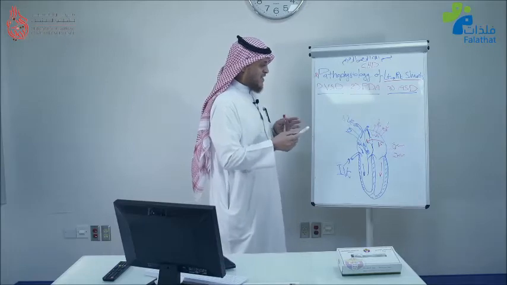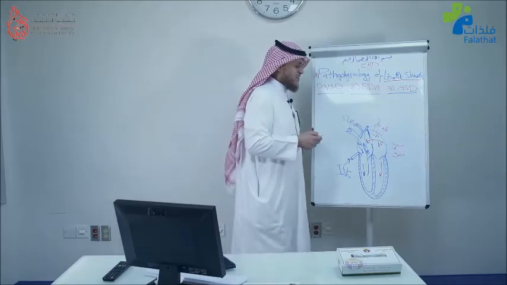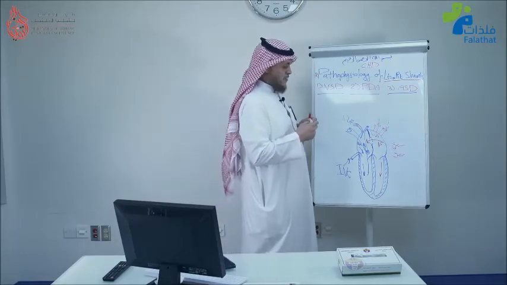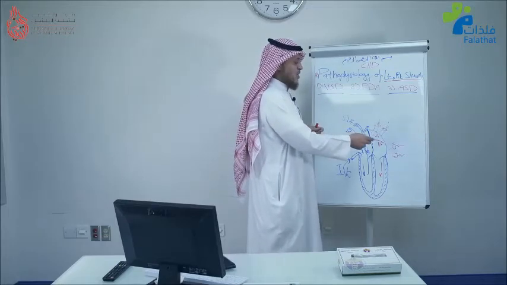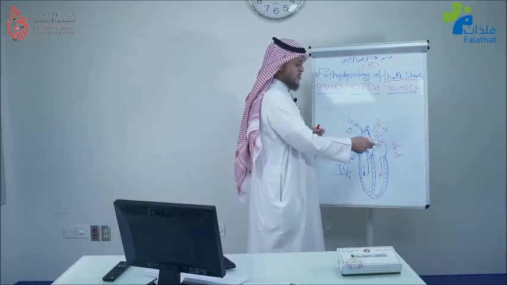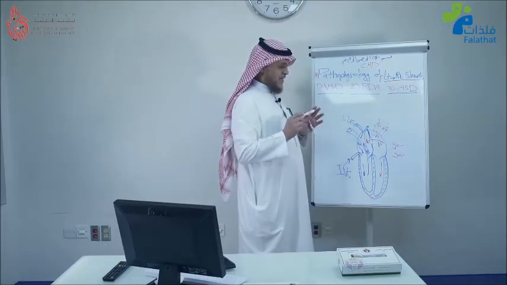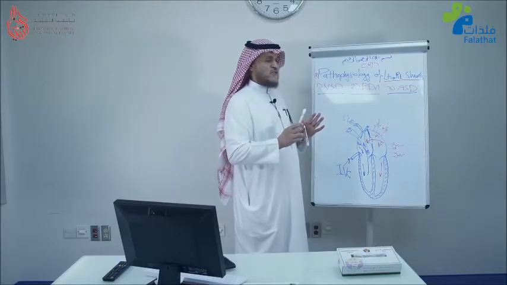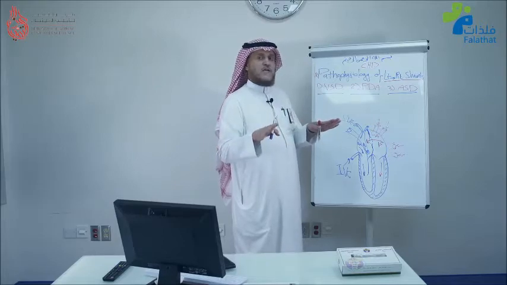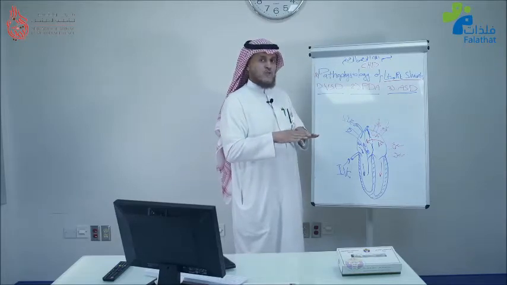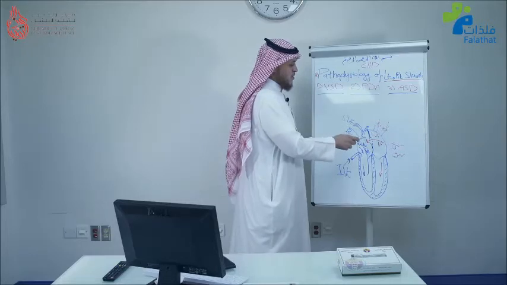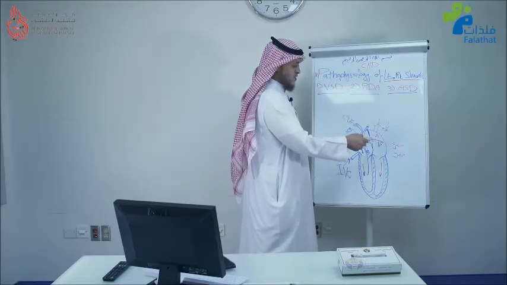So they meet in that 6 area, and this is the mean pressure, and because of that, the shunt will happen from the higher pressure side to the lower pressure side, and in diastole it almost does not happen because the pressures are almost equal. So this shunt will happen mostly in systole